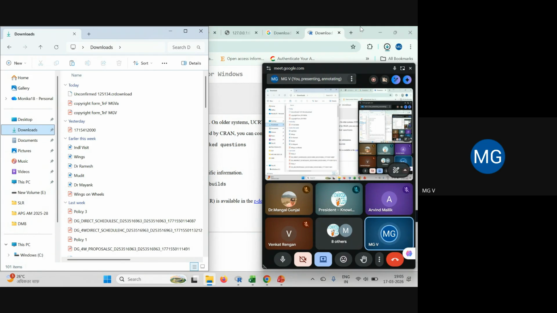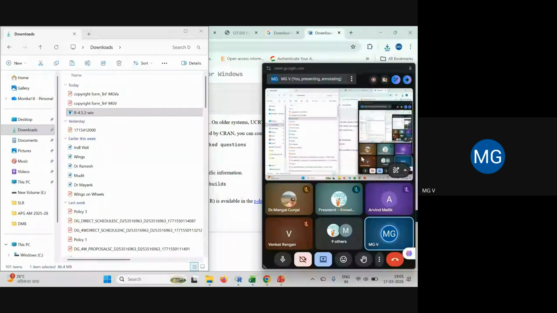You need not keep it installed in your system. Whenever you want to do some work, you can download it then, so that you get the latest version. So this is the download that you got. You can just click it and run or execute it. R for Windows 4.5.3 setup, and click yes.